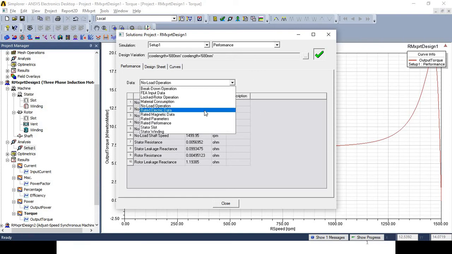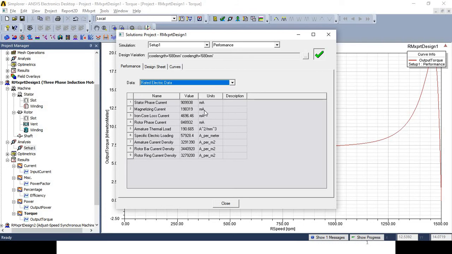Then rated electric data. In case of the rated electric data, the stator phase current is 9,09,938 milliampere. Magnetizing current is 1,98,319 milliampere.